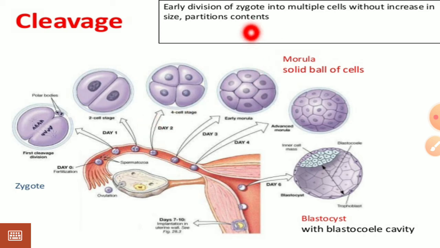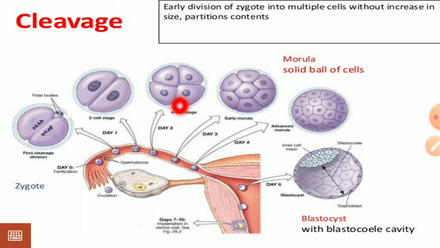This is another diagram of cleavage in the female reproductive system, and this is the site before fertilization, day 0. The sperms reach the egg. The egg and the sperm fuse to form a zygote. The zygote starts the first mitotic division of cleavage, and it contains 46 chromosomes. After the first cleavage the zygote changes into the two cell stage, and each blastomere cell contains 46 chromosomes.